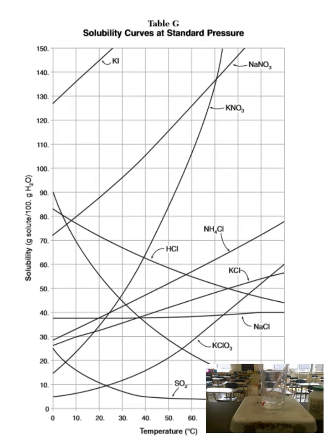So we know that at 40 degrees Celsius, this solution will be saturated with 105 grams of sodium nitrate. So go to 40 degrees, find that data point on your graph, 105 grams. So I've already added 87 grams, so that means that I need to add 18 more grams in order to make this solution saturated. I overshot a little bit and it went up a little higher than I had wanted